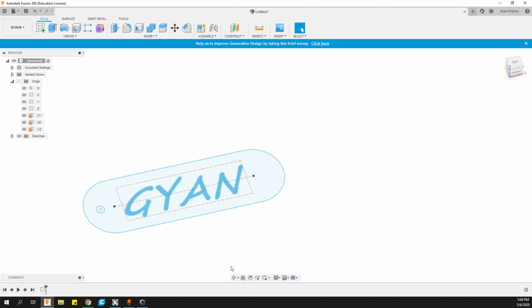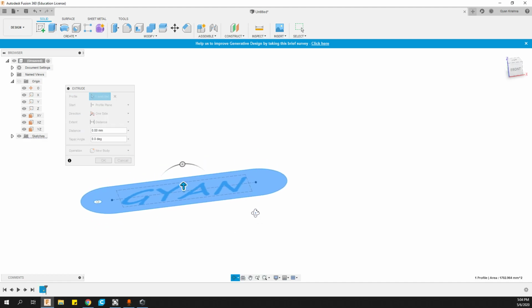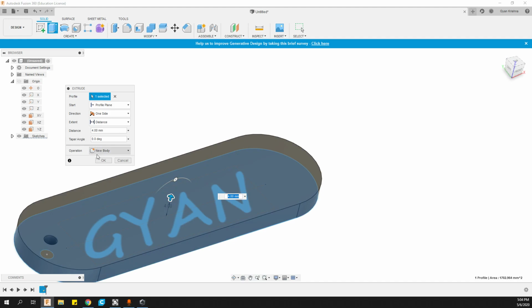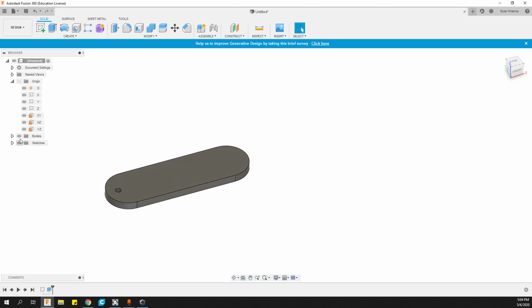So I'm going to press that, and as you can see I've got the extrude toolbar right now here. I'm going to click on the plane that I need to extrude, and this would be this part, right? So I clicked it, and I need to extrude it, let's say around 4 millimeters is fine. All right, okay. So now as you can see the sketch has disappeared, but I still need the sketch